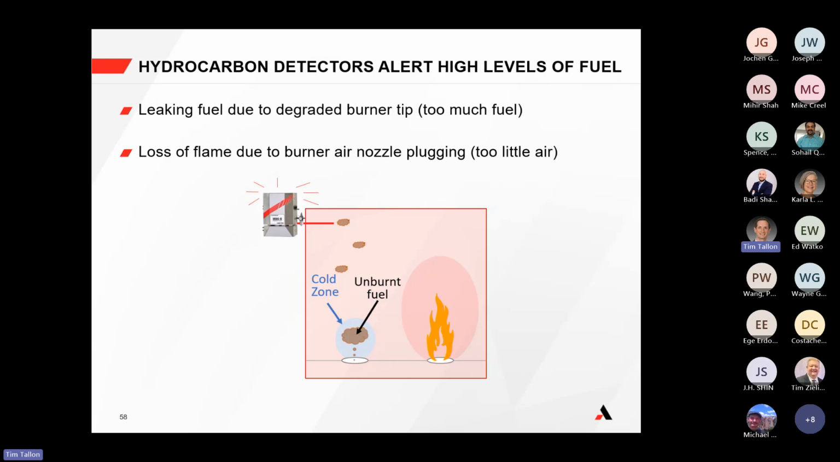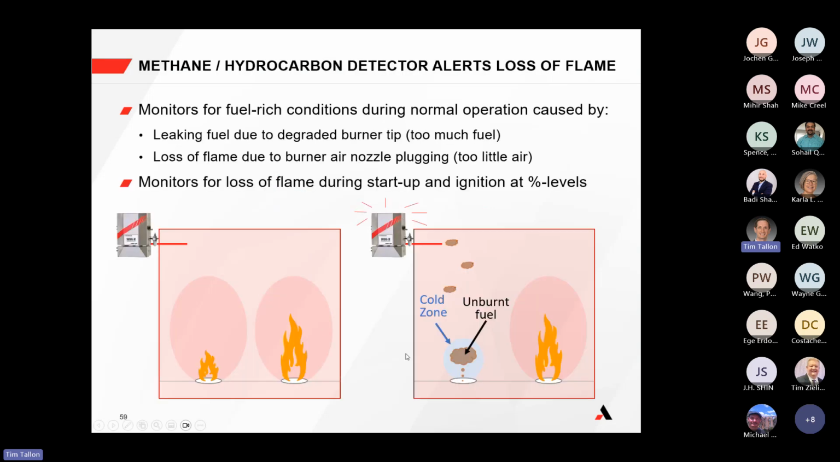So by having additional visibility for hydrocarbons in the firebox, you can prepare for those types of unsafe conditions. And these are things that we've seen during normal operation, again because of loss of fuel, and also because of loss of flame or leaking fuel at the burner or degraded burner tip, as well as during startup where say there wasn't enough purges. You could at least monitor for that and alert the operator that you have high methane,